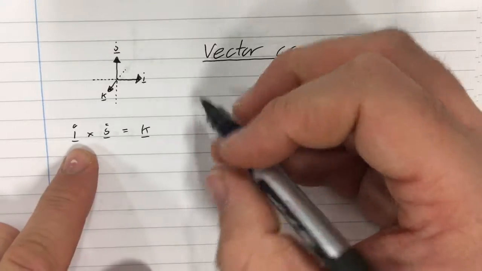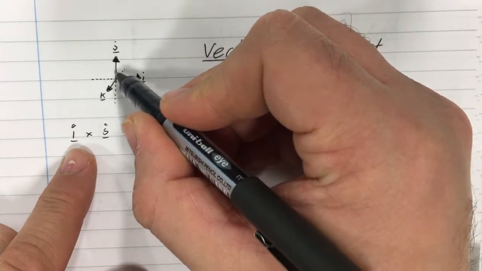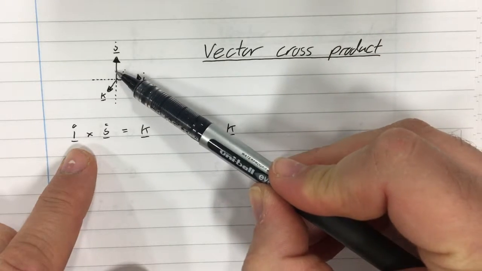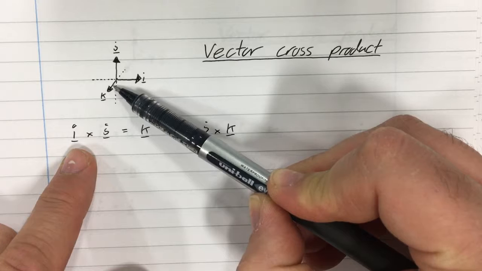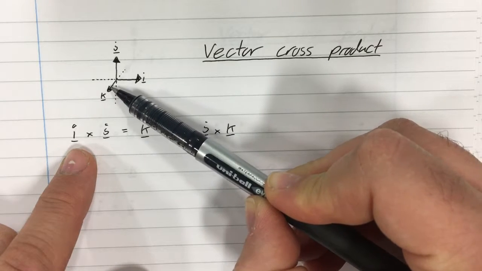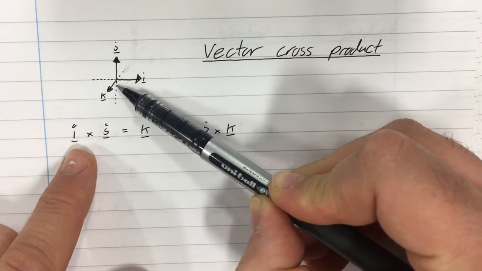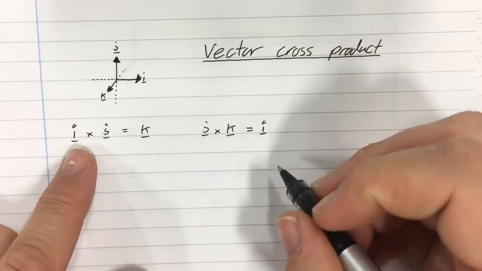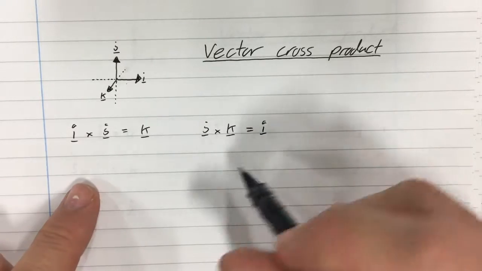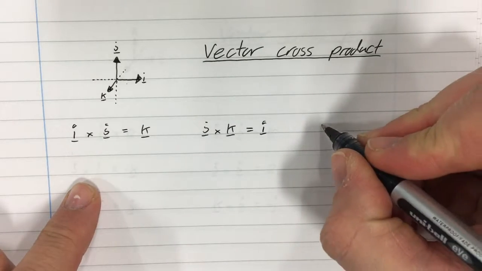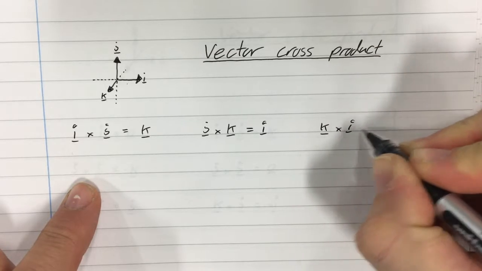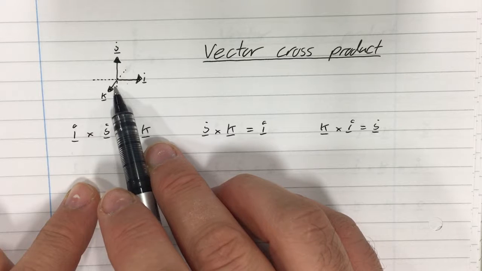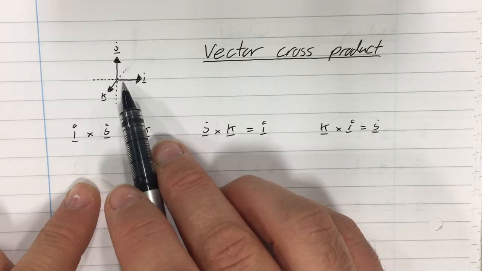So we also have j cross k. I've moved from this direction down to this way, so I'm facing vertically downwards, turn my head 90 degrees so I'm facing i, and then come that way by 90 degrees, and then I'm in the i direction. So therefore j cross k equals i. Similarly, I could do k cross i equals j. So they're kind of cyclic. Again, that's me turning 90 degrees around here, turning my head 90 degrees so I'm facing j, and then